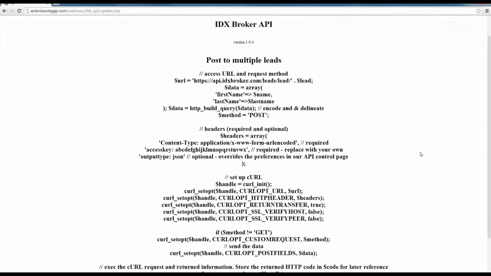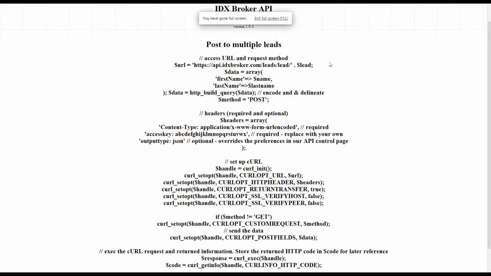But I want to post to a couple leads at once. I don't just want to post to one. Again, we're doing this all on the client level. So I've set the lead ID as a variable. I've set the first name as a variable, the last name as a variable. I can now loop through whatever array I have and update multiple leads in one call. So now that that's happened,